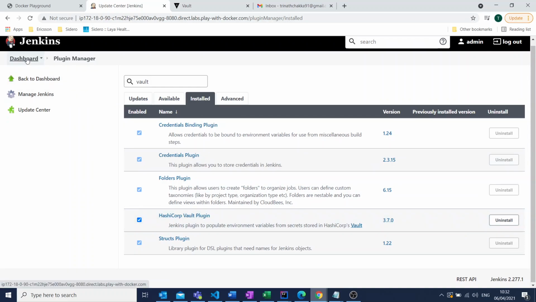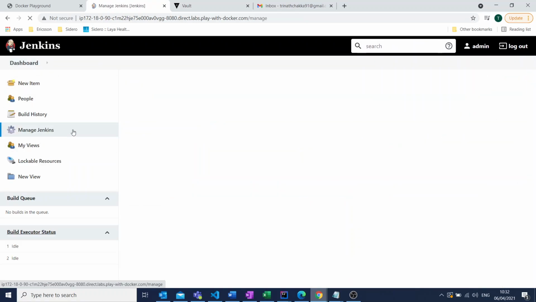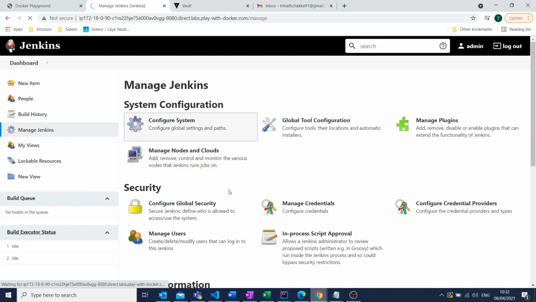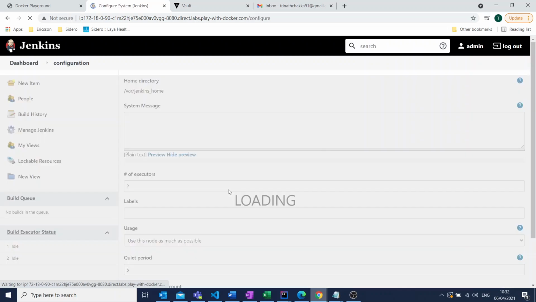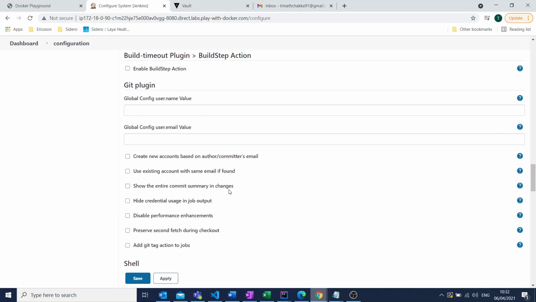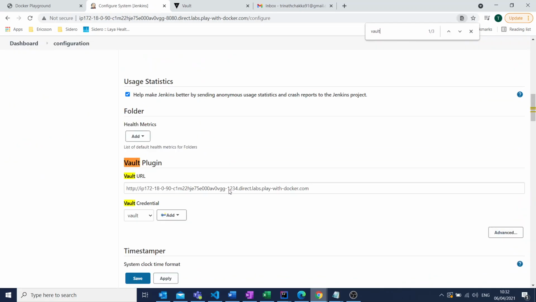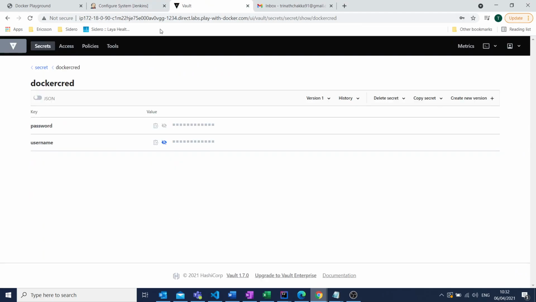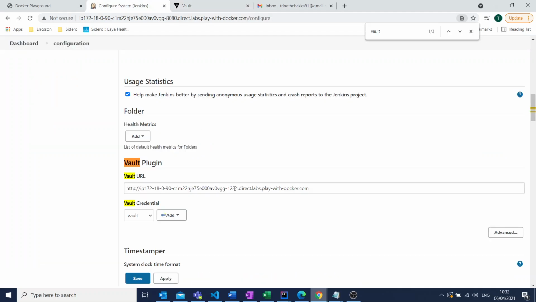Once you have installed the HashiCorp Vault plugin, go back to Manage Jenkins and Configure System. Here you have to configure the Vault credentials. If you search for Vault here, I have captured the URL of the Vault here. The same URL that is available there, you just have to capture here, and also add the credentials for the Vault.